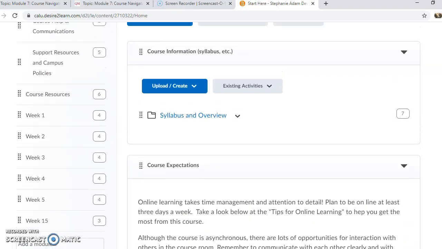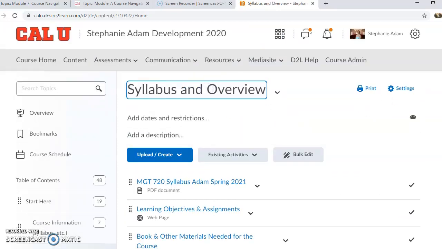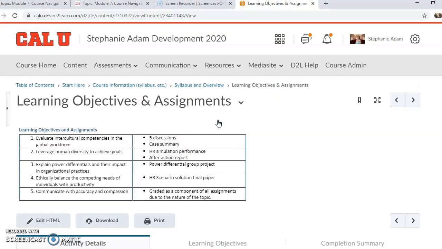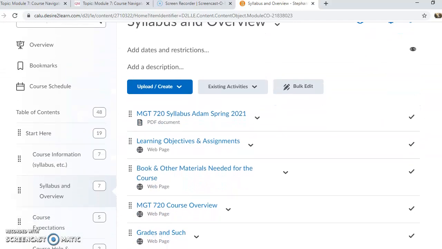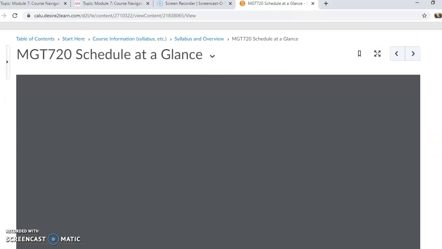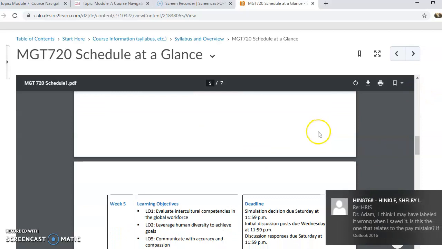This particular section has some sub-modules. The course information and syllabus directly links to their syllabus. This is a document that links the learning objectives to the assignments that they will do, which I think is really helpful. I also have the materials that they will need to purchase, the grading policy, the course overview, and then the schedule for the course. This is a much longer document with all of the items, and you've seen this before in previous